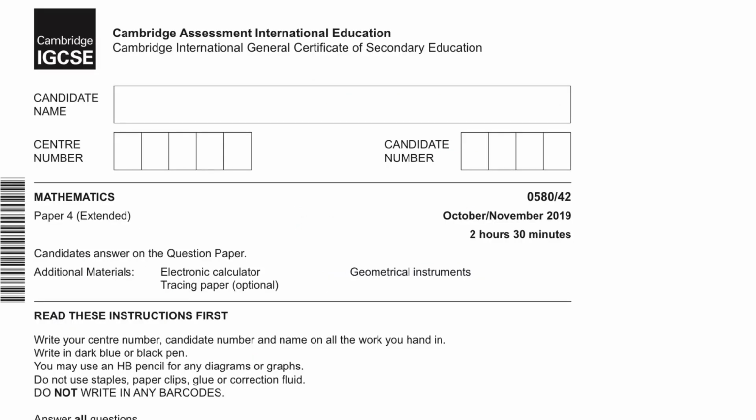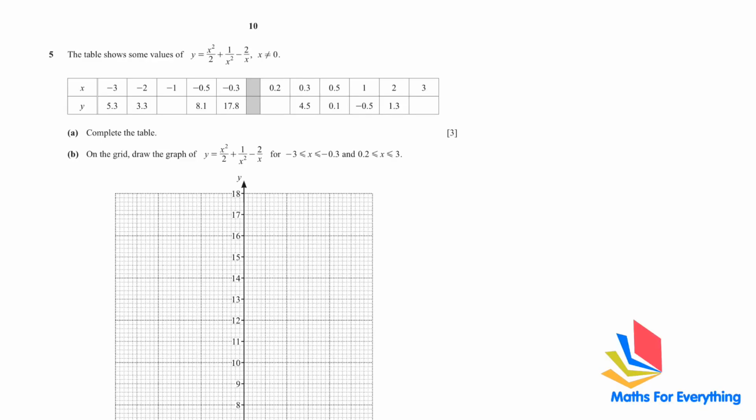In this video, we are going to solve Cambridge IGCSE Mathematics Paper 4 Extended Variant 4-2, October-November 2019, question number 5 onwards. So the first question, the table shows some values of y is equal to, and we have to